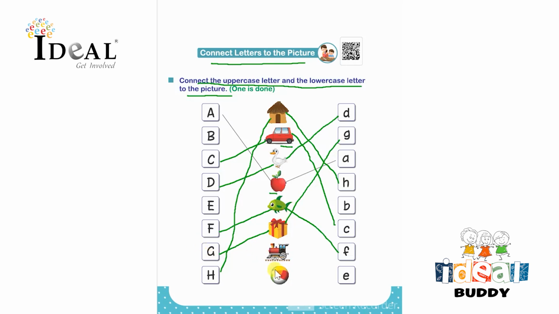After that is engine. Sounds E. So this is the uppercase E and this is the lowercase e. So after that it is ball. The beginning sound is b, starts with the letter B. So they have to connect from capital letter B or the uppercase B till the object, and after that they will be connecting the lowercase b to the object or the given picture.